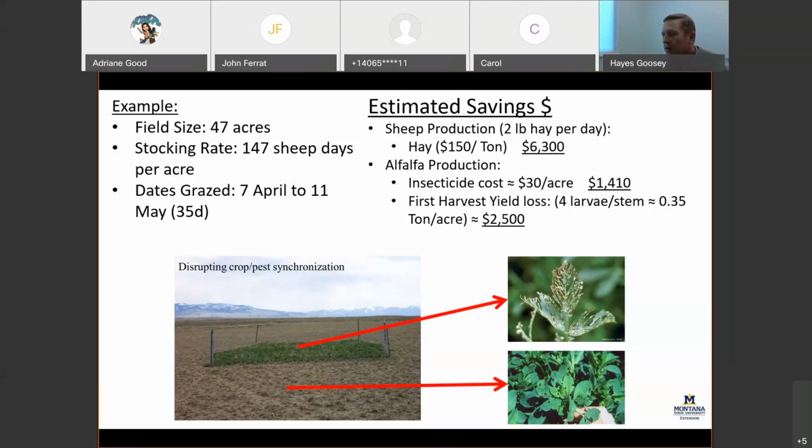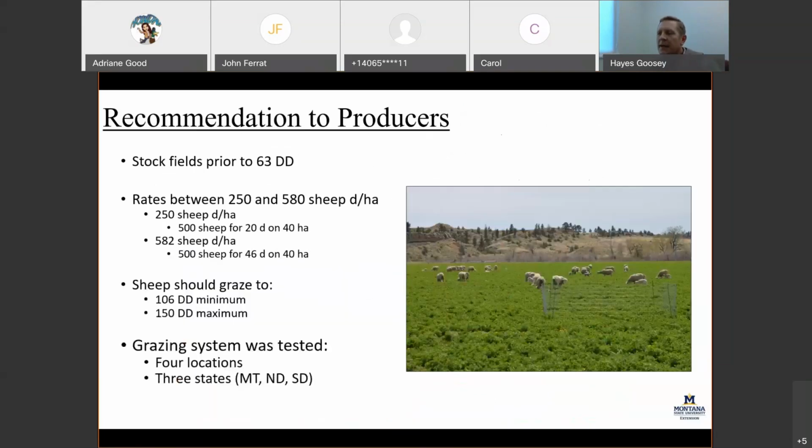So again, grazing can fit in well to the management. Here's some recommendations. I'm not going to get into that. We calculate them online. I could do an entire seminar on this if people are interested. But here's some general recommendations that we give about that. And the next slide I'm going to get into is